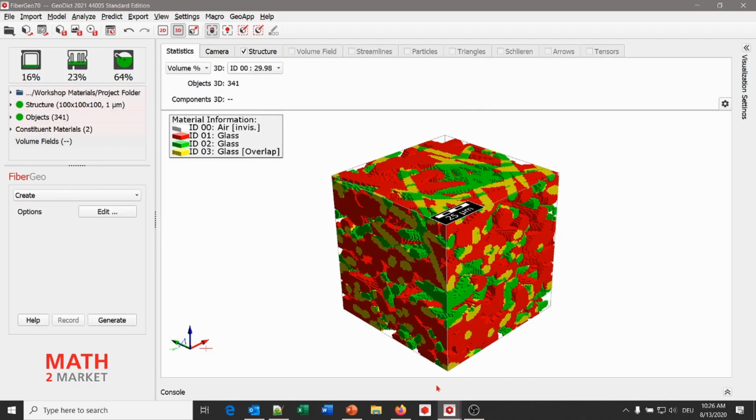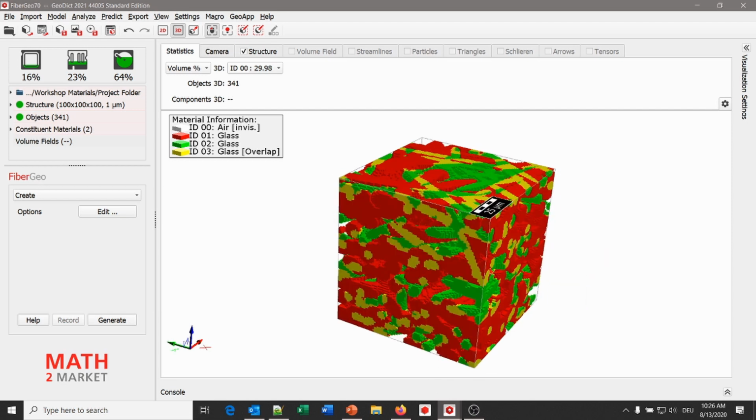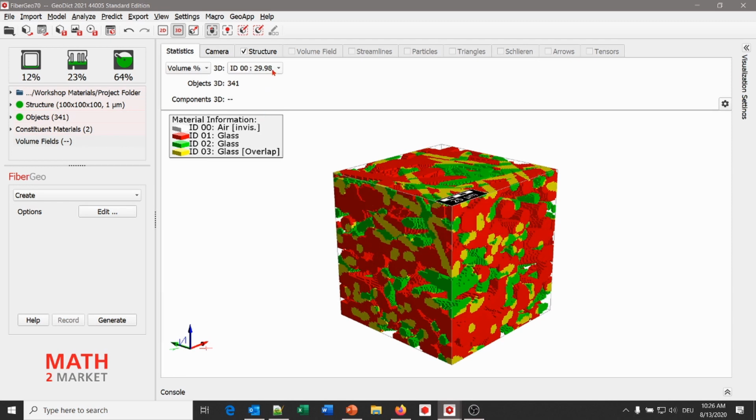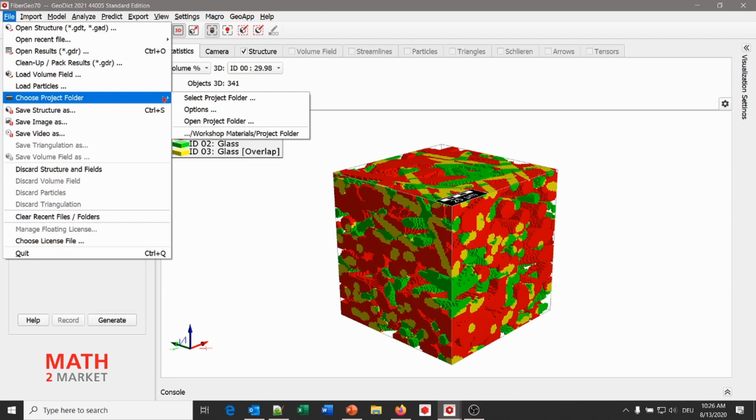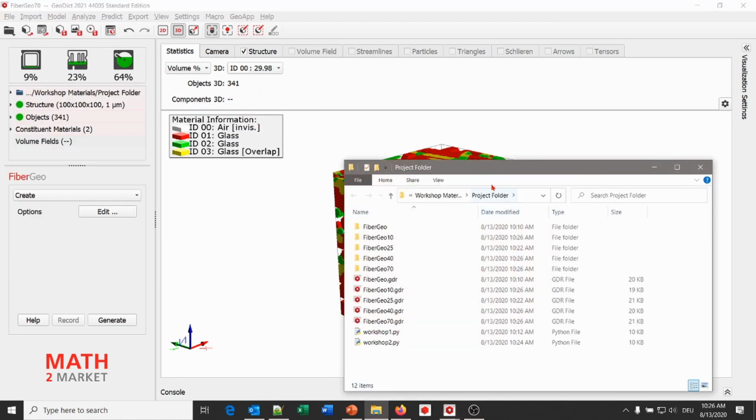So now if we go back to GeoDict, we see here the last one with the 70 solid volume percentage, which is very, very dense. You can validate it again in the statistic tabs. Here you can also see the 75% solid volume percentage for glass. And if you want to see the results of the whole parameter study, we can look to our project folder. If we click on File, choose Project Folder, and Open Project Folder, then the project folder is opened,